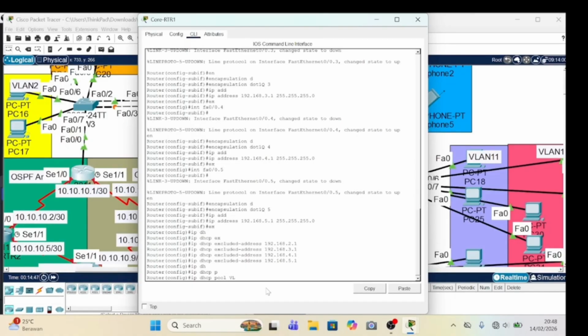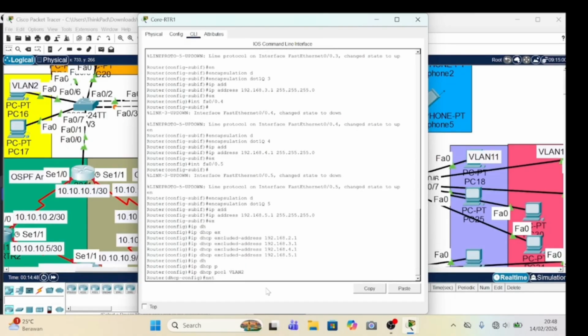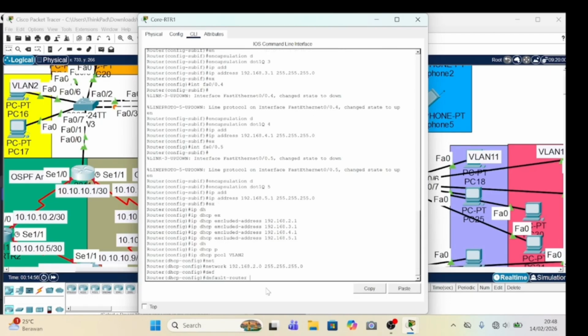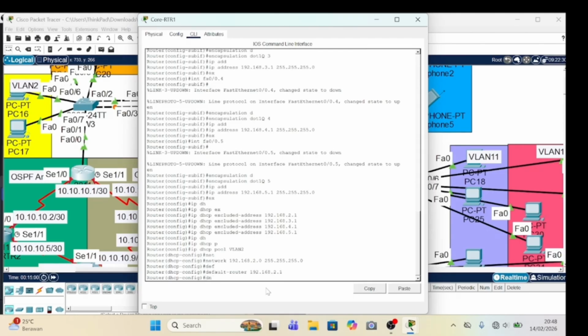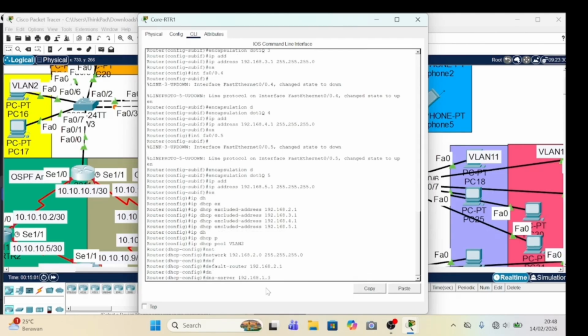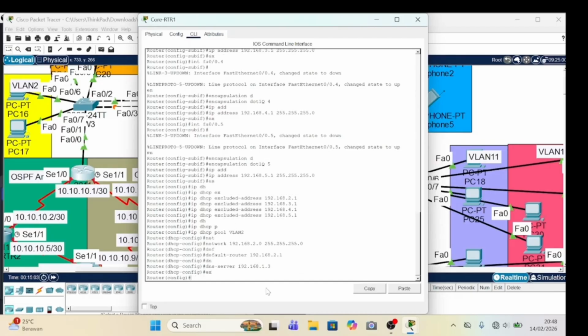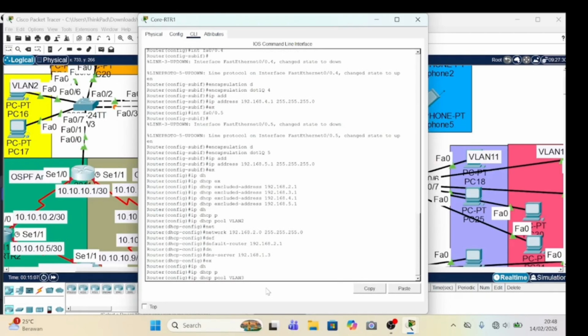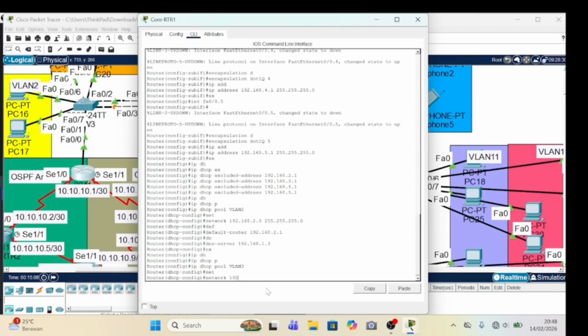IP DHCP pool VLAN 2. And network, this is network VLAN 2. For subnet mask. And default router, this is default gateway VLAN 2, and then server, sys IP DNS connected, and now IP DHCP pool VLAN 3 network, this is network VLAN 3, and subnet mask,